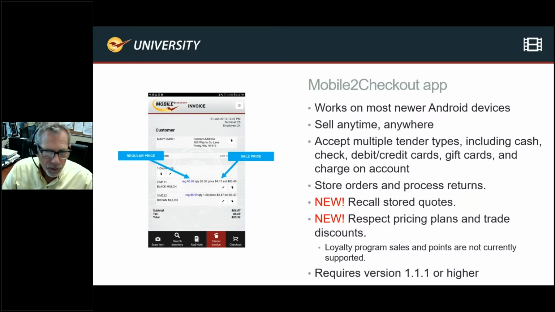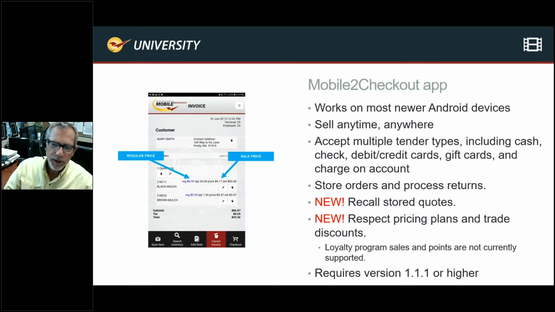It's rewriting the point of sale application on the Samsung device. So what we have right now is a method that you can sell beautifully. You can put in pricing plans. You can tie it to particular individuals' trade discounts. But unfortunately, if your intentions are to support Ace Rewards using this device, it's not going to happen anytime soon.